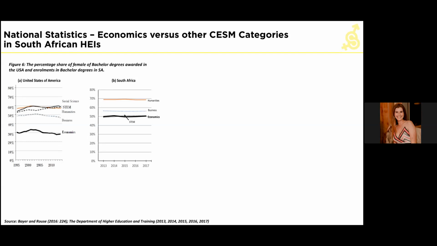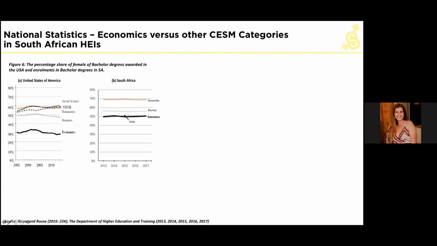Humanities, business, and economics in South Africa are all better than in the US, besides STEM. We can also see that the difference between economics and the other fields is much larger in the US than in South Africa. Our business is better and STEM is much worse, and here we can see that this difference is much larger